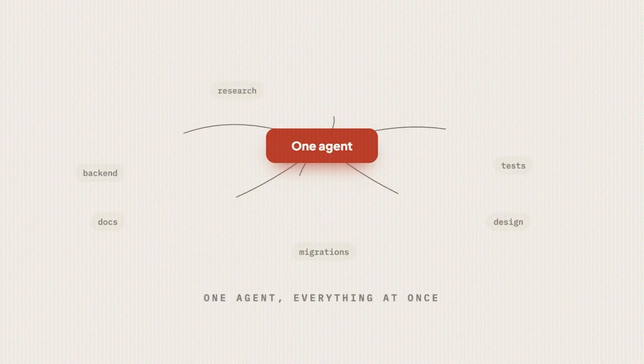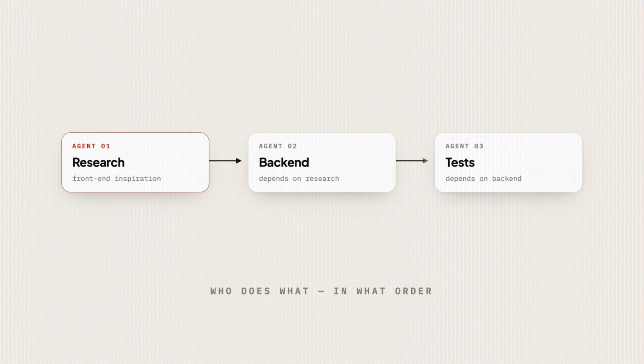So the fix here is that you stop using one agent, and what you do is you draw a graph or a map instead. So you say this one does this, one does that, here's the order, here's what depends on what, and that map is a graph, right? And that's all a graph. So the context windows are separated, so each person or each agent can focus on one task.